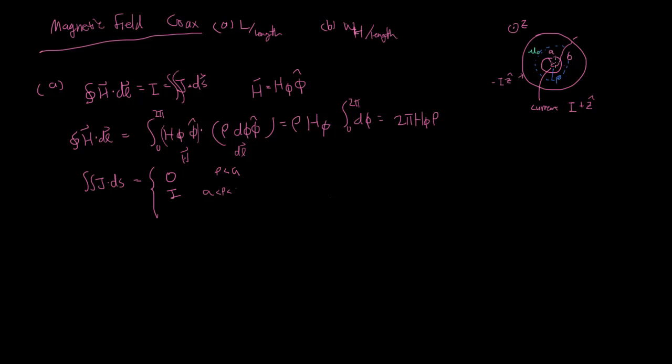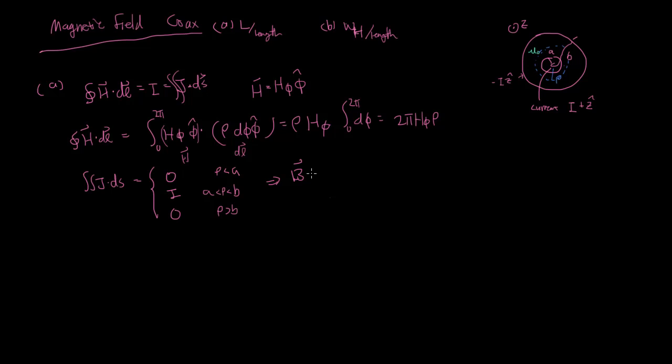this positive I in the plus z direction gets canceled out by this I that's in the minus z direction. So then the total current going through the surface is now going to be 0. So for rho greater than B, it's going to be 0 again. So you have this piecewise defined value of the left-hand side of the equation. And so if you combine these two together,